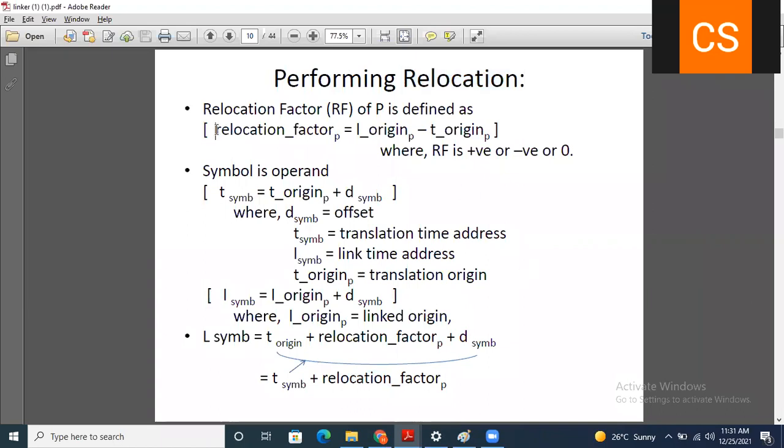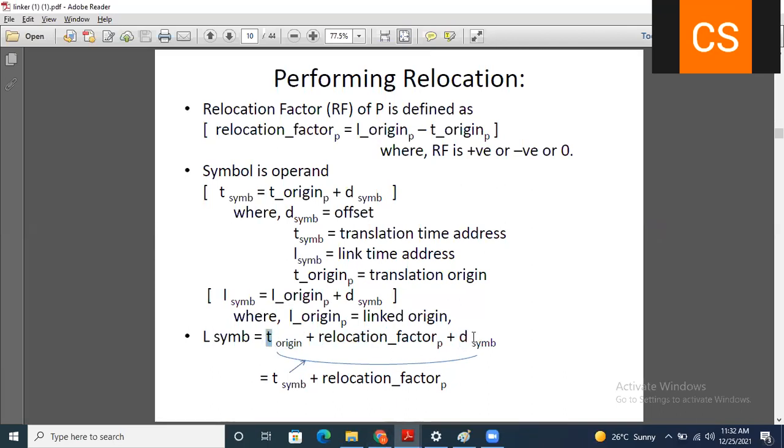So two important things, one is the relocation factor. You need to remember how to calculate this relocation factor, L origin minus T origin, and second thing is how to calculate the addresses for the linked symbol. So the formula you have to remember is T origin plus relocation factor plus D sim.